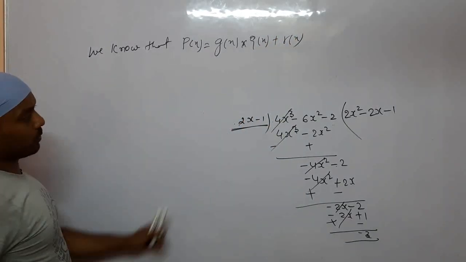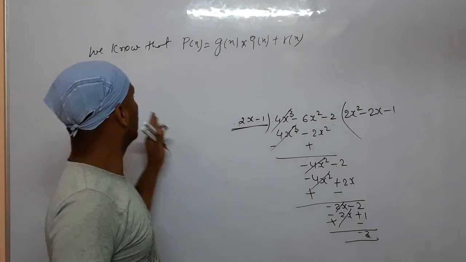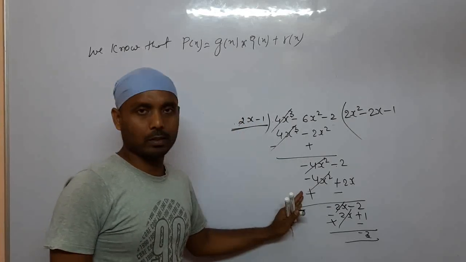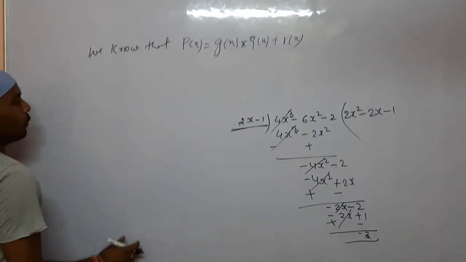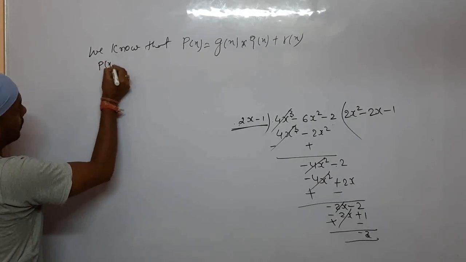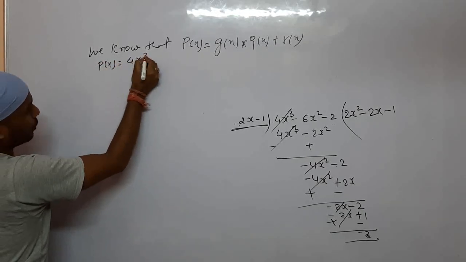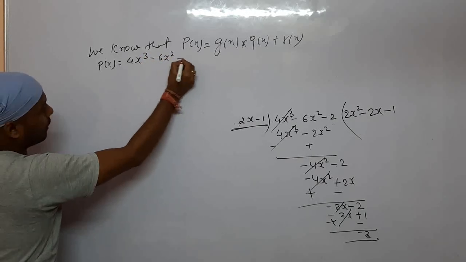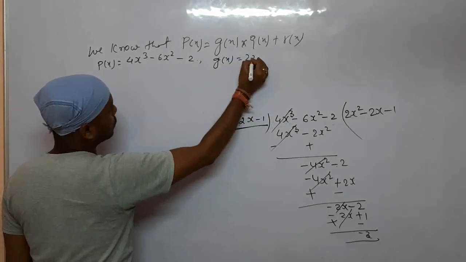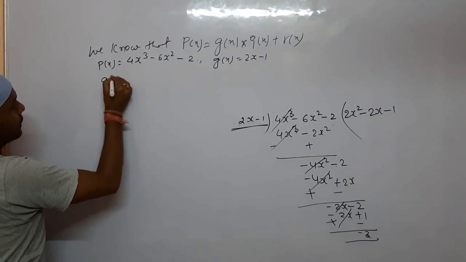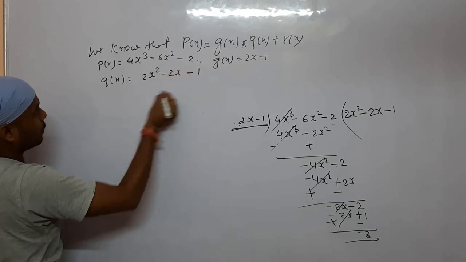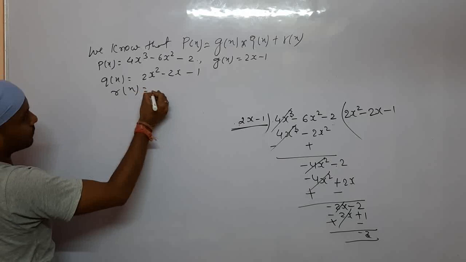So just suppose we are here to verify the division algorithm for this division. First of all, you will write the value of Px. Px is your 4x cube minus 6x square minus 2. Your Gx is 2x minus 1. Your Qx is 2x square minus 2x minus 1. Your Rx is